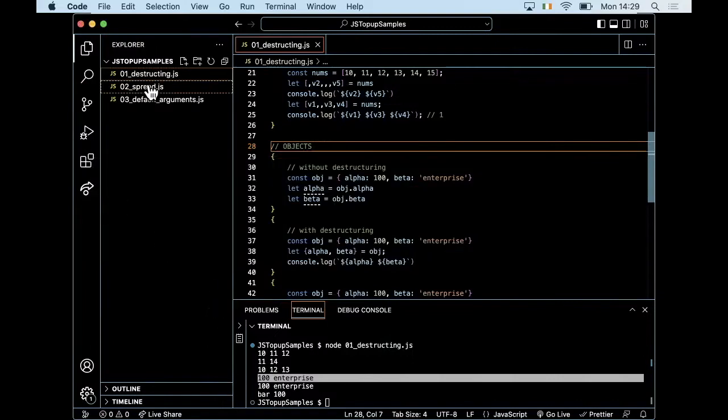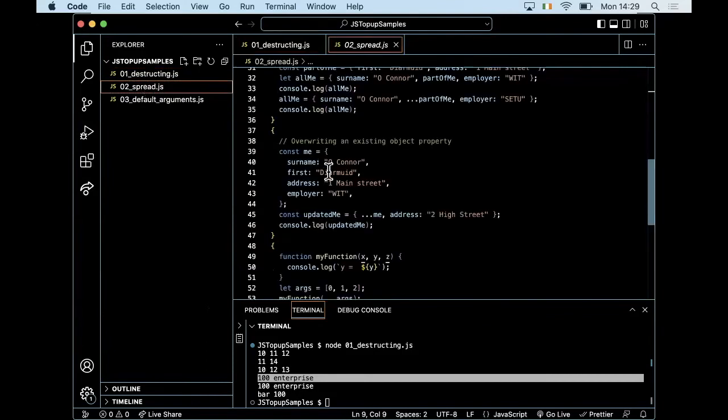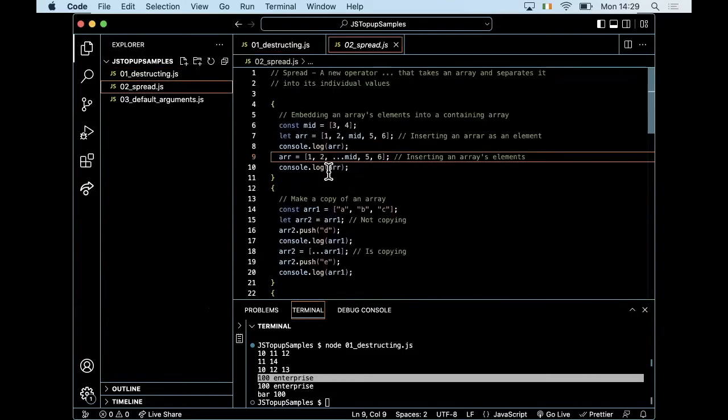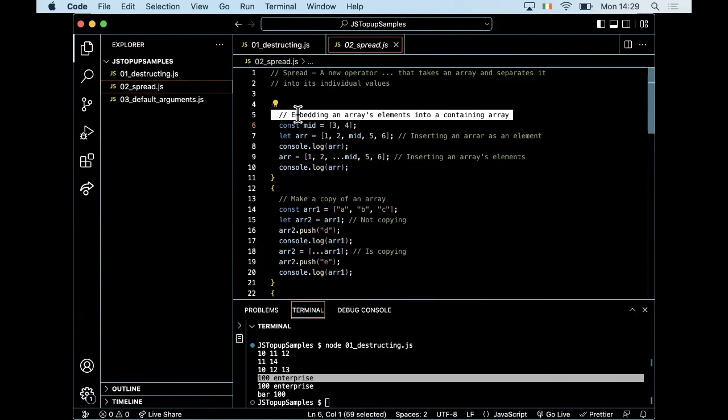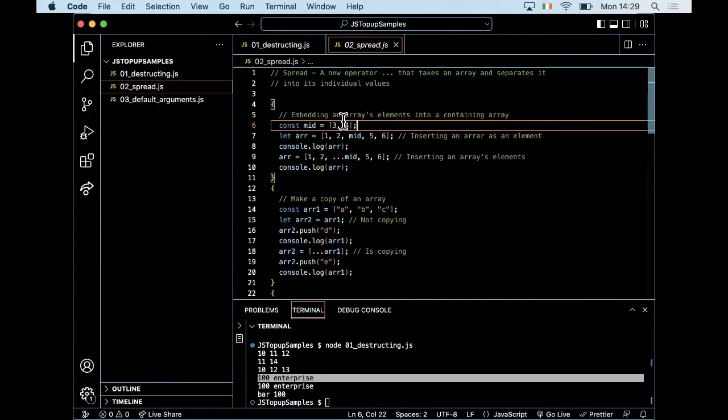There are a couple of use cases for this spread operator. Here's number one: when we want to embed the individual elements in an array into another array. So here's my small array, let's say, and I want to embed the mid array inside this array. Now, if I do it like I'm doing it here,